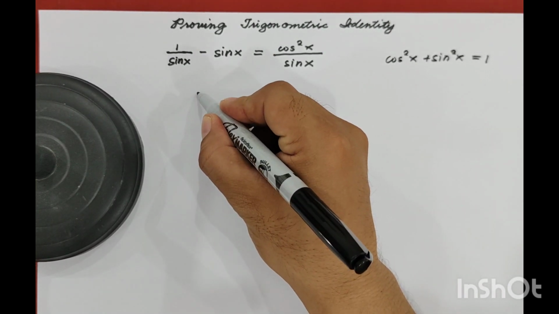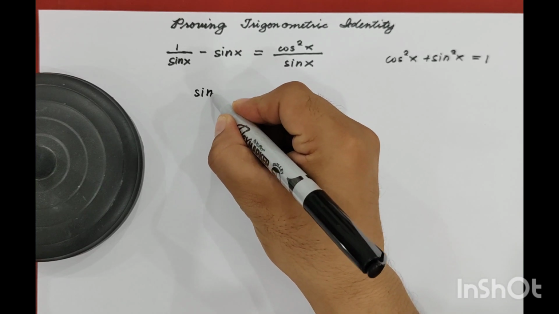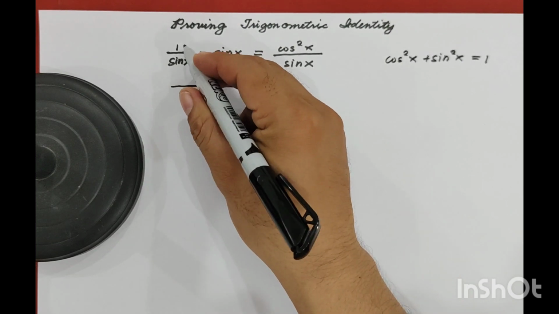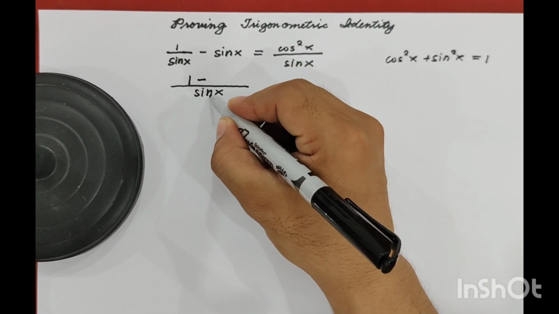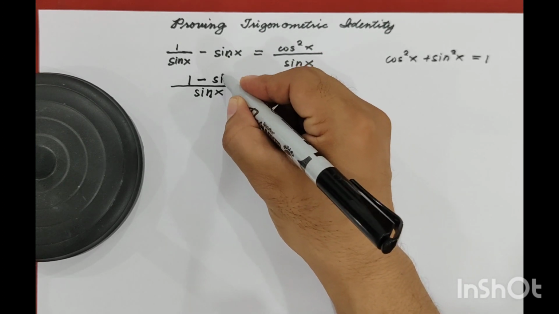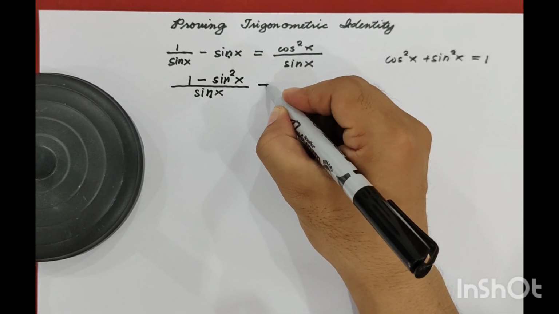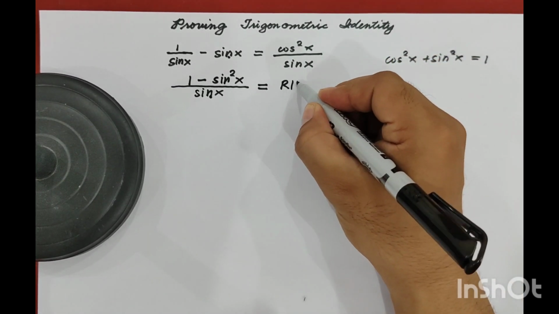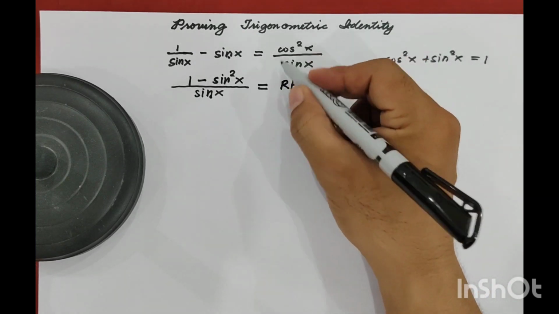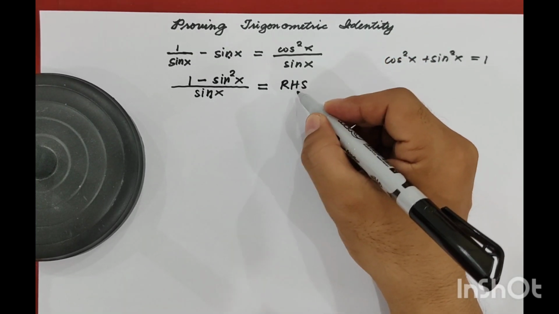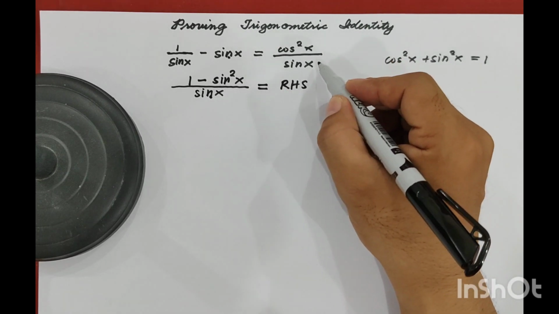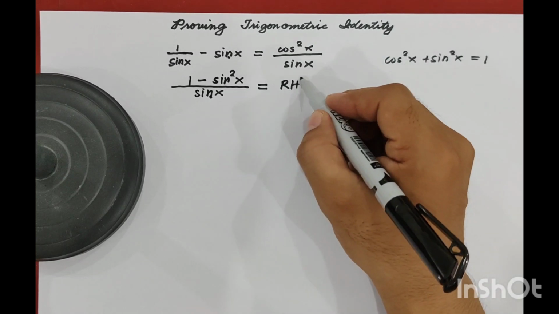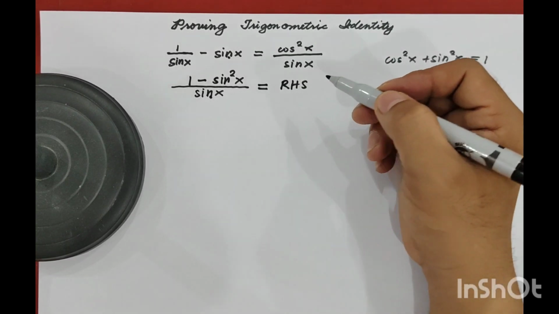So now we have, of course, the LCD is sine of x. So sine of x divided by sine of x, that is 1 times 1, we have 1. Minus sine of x times sine of x, we have sine squared of x. And this is equal to the right-hand side of the equation. You can write RHS. Or this. So I am using RHS because if the right-hand side of the equation is too complicated or in many terms, so much better if you would use RHS.